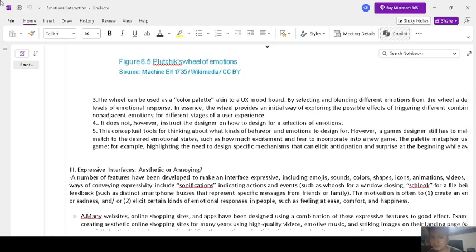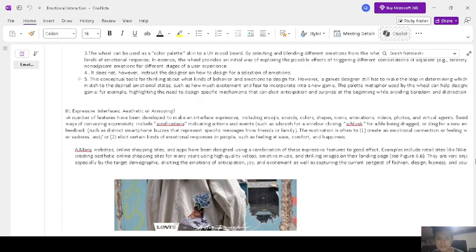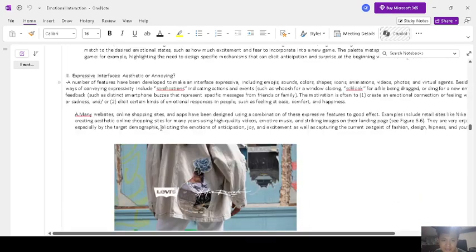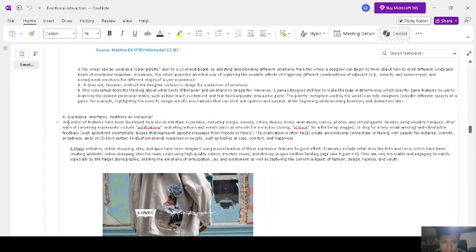Welcome back everyone. So we will proceed with the third point of this video, which is expressive interfaces, aesthetic or annoying. A number of features have been developed to make an interface expressive, including emojis, sounds, colors, shapes, icons, animations, videos, photos, and virtual agents. Besides using visual techniques, other ways of conveying expressivity include